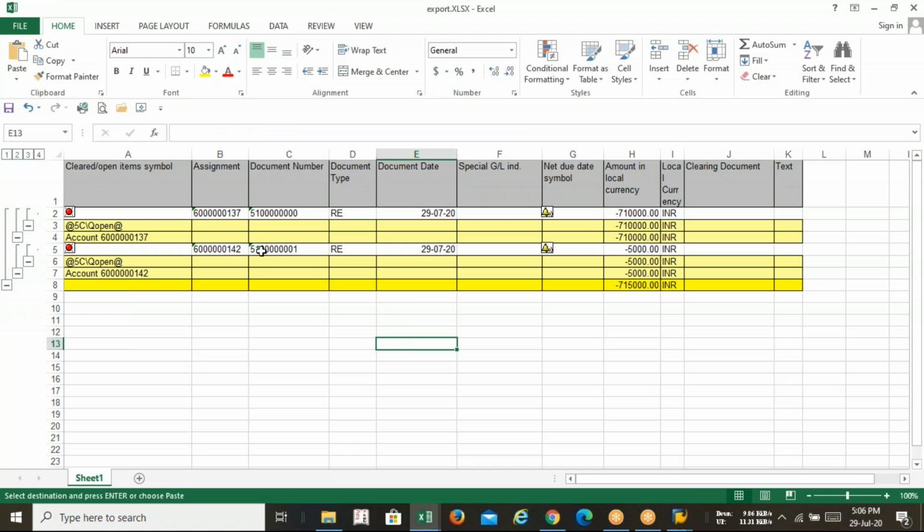Okay guys, you know how to use pivot table in Excel. So after getting this information, you can use the pivot table also to change the display option. So this is the way to generate the report from SAP in Excel. There is a process called R2R, record to report, and someone says reconcile to report.